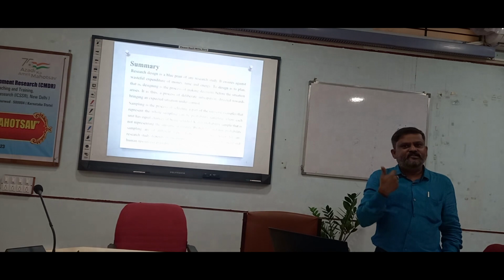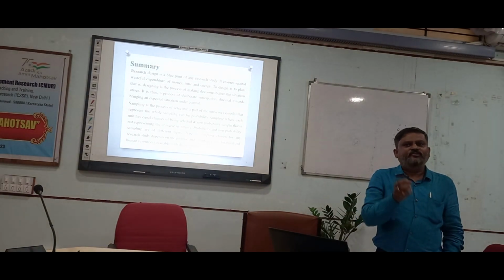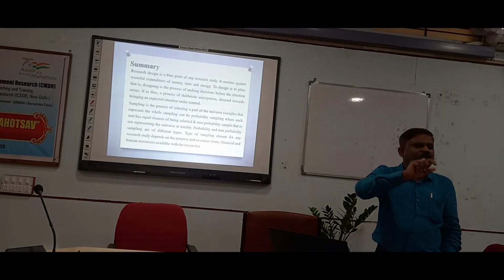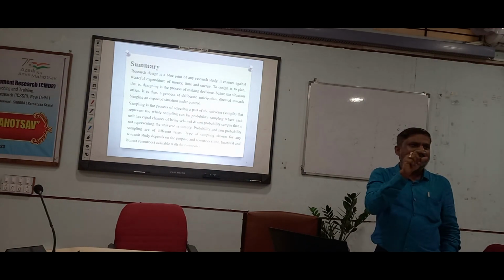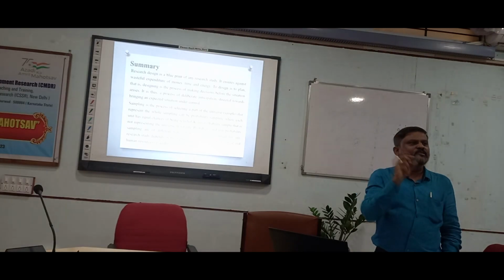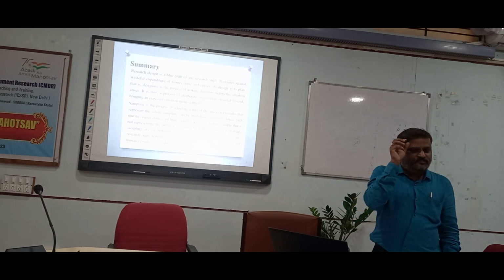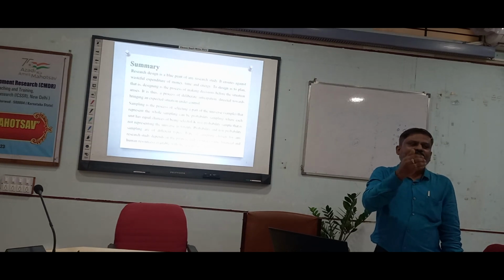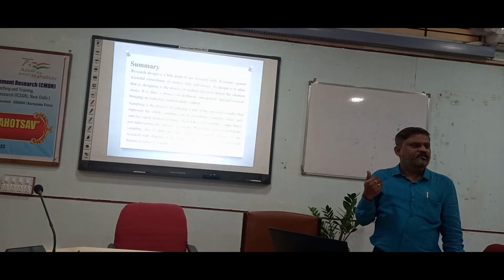So when the literature review gives one picture of the research problem and you identify some kind of gap within that research problem, then you have to draw a very specific objective. How to solve that problem needs a very specific objective, not a very broad objective. Then the hypothesis, and then we do the design of the research.